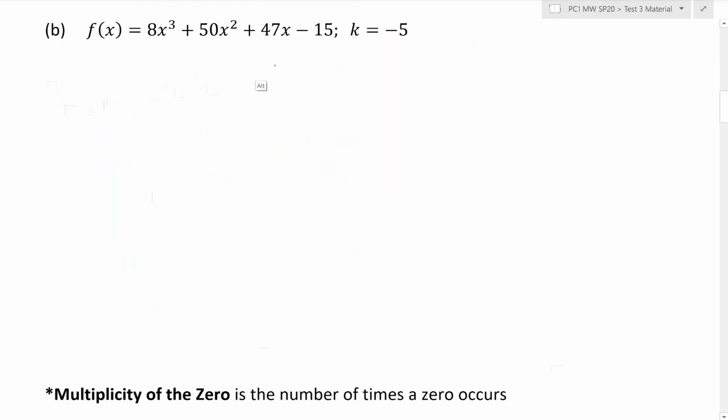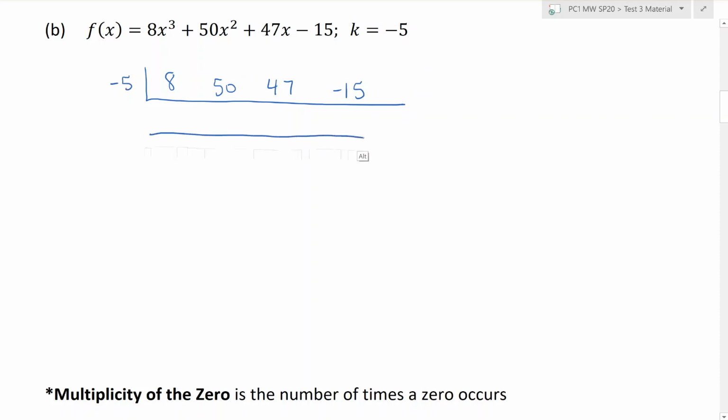All right, we want to break this down into linear factors as well. So let's start our synthetic division. Make sure that you're not missing any terms. Okay, there's no zero coefficients in there. And k is given as negative 5. Remember, they're telling us negative 5 is a 0, so we should end up with a 0 here when we're finished with this process. Carry down the 8, multiply up,